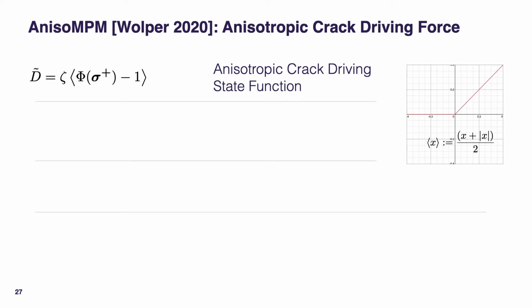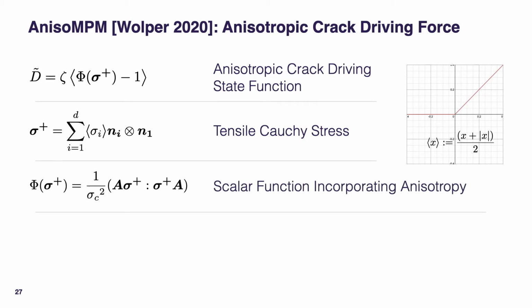parameter space. The brackets are called Macaulay brackets, and preserve positive values while flattening all negative values to 0, as you can see in the graph at right, and you might know this function from machine learning as the rectilinear function, or ReLU. Finally, sigma plus is the tensile portion of Cauchy's stress, and is computed using the Cauchy eigenvalues and eigenvectors, as you can see in the second row. Next, we define an expression phi as a function of the tensile stress, seen in the third row, and we introduce here the notion of a critical stress, sigma c, that dictates how much stress a material can withstand before